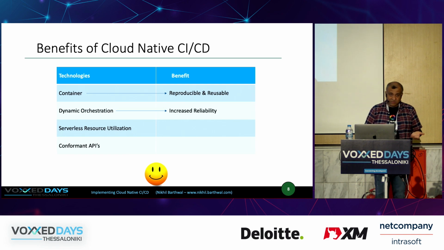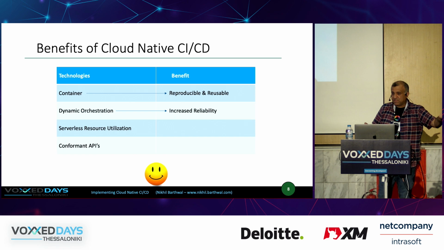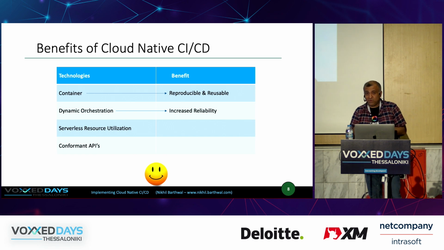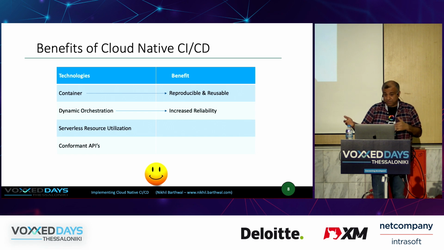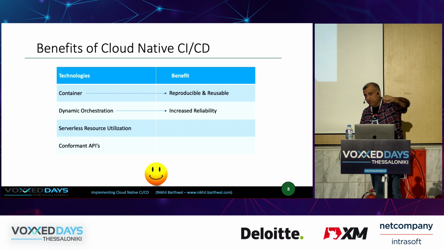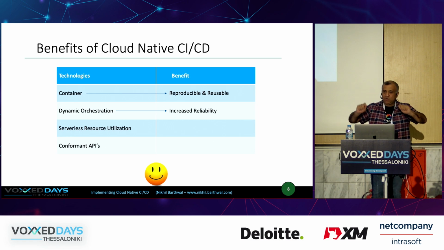Then we have dynamic orchestration. We are dealing with things at scale, right? We saw that we are talking about hundreds and sometimes thousands of services that are running. At that scale, things fail. And even if your infrastructure is 99.99% reliable, you still will have occasional outages at that scale. And so what you basically want is some kind of orchestration mechanism that looks at your environment and makes sure that everything's working, and if something is failing or something is not desired, it should be able to fix it